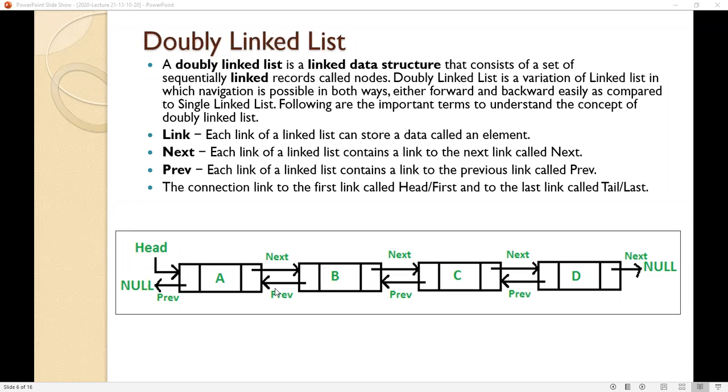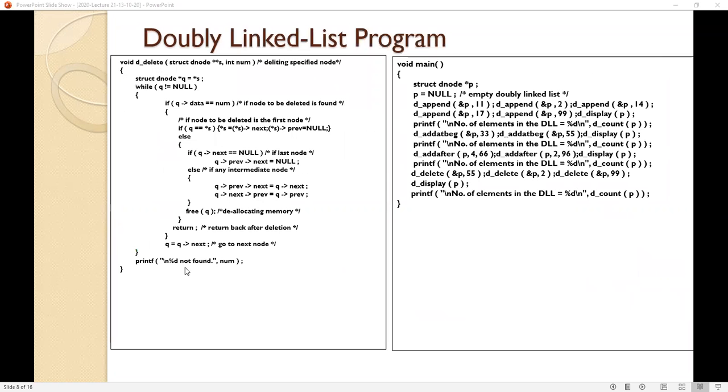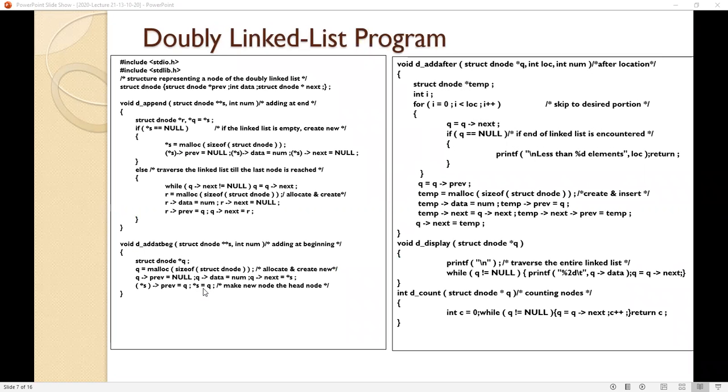Node s then prev is equal to q, and then you make it as star s is equal to q. That's what we have taken like this. Okay, so now you come for the